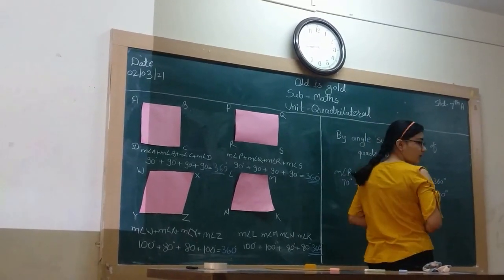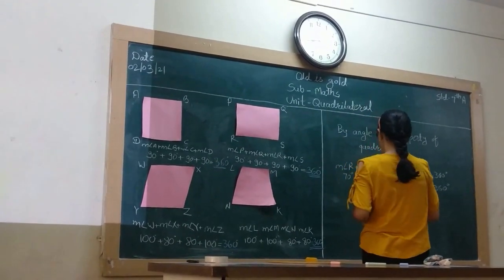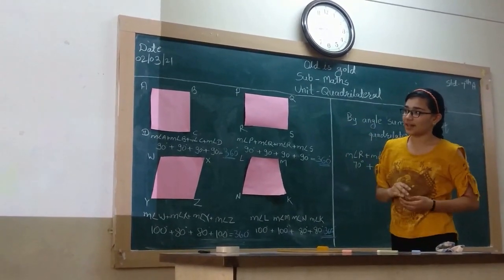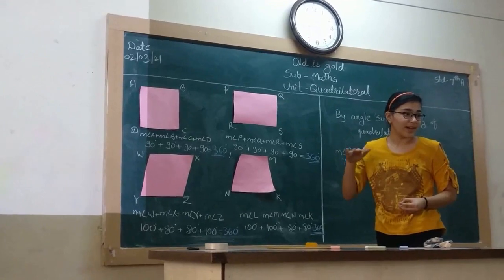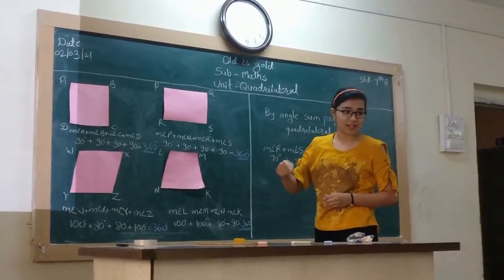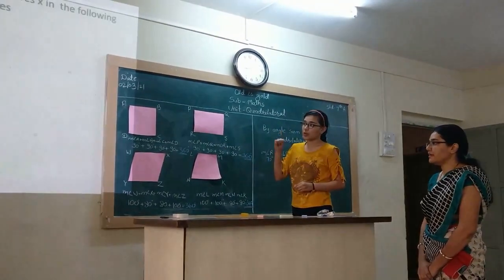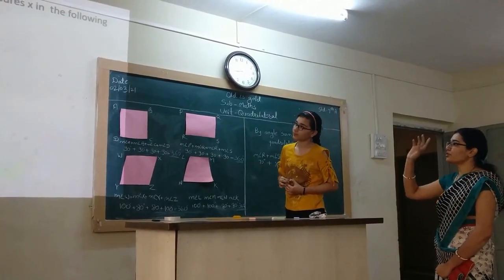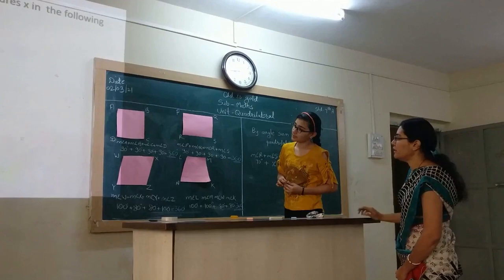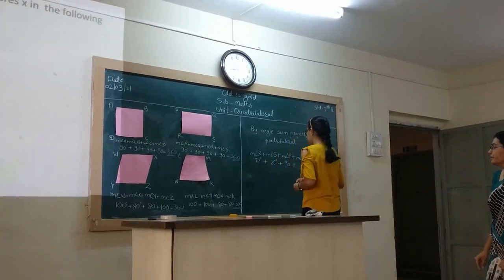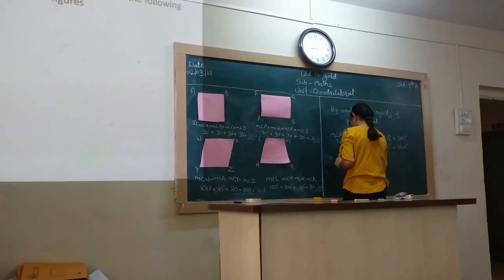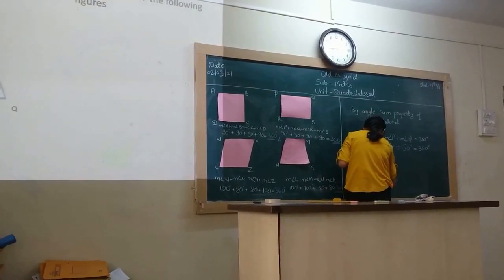How do you calculate the measure of angle P? That is 90 degree. That is opposite to that angle. So straight angle measure is always 180 degree, right? So the measure of the exterior angle at P is given, that is 90 degree. So the measure of angle SPQ will be 90 degree, right? Yes. Okay. So you have to add this one. Do addition.